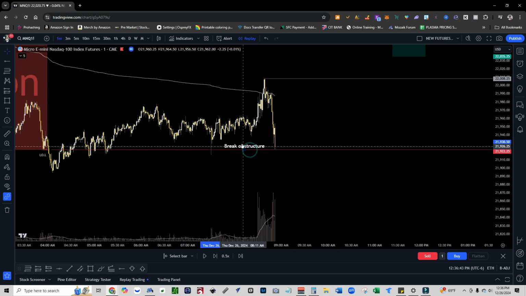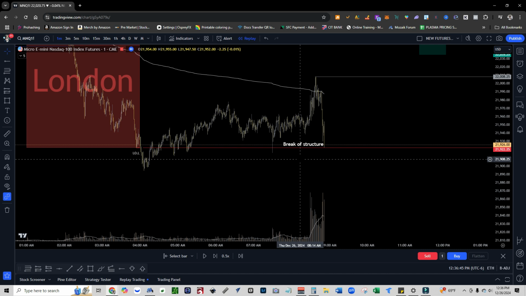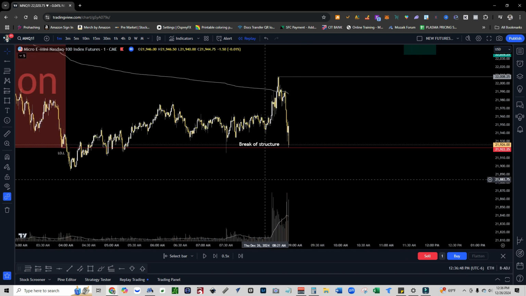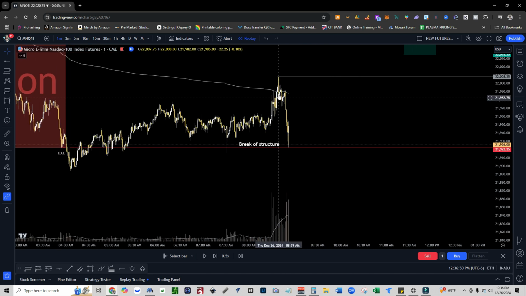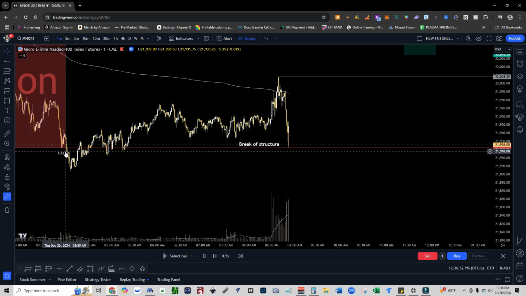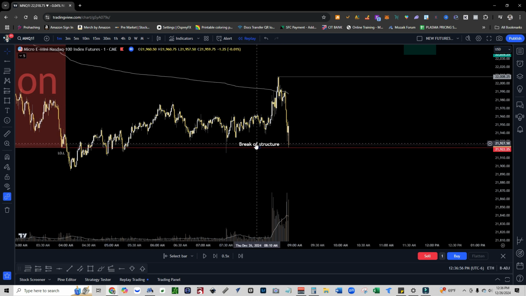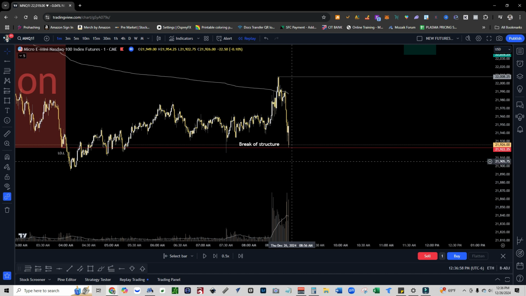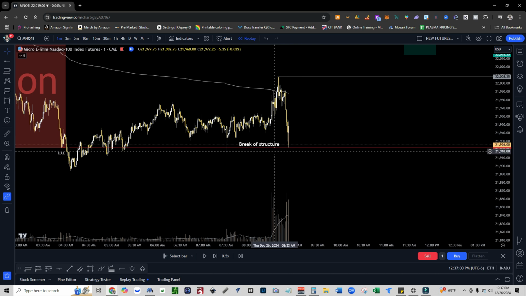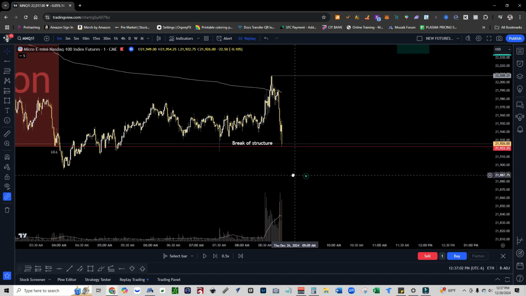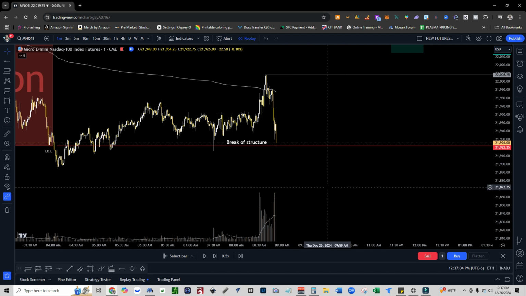So we'll move that here, because like I said guys, you want to be anticipating what could happen. London, the market opened here, we got a run up, and we know this is a big draw on liquidity. So once we start coming down, I would type that in, like, if we get a break of this, I'm looking for this, this, this, and this. So go ahead and type that out. Now let's play it out and see what happens. So here we go.